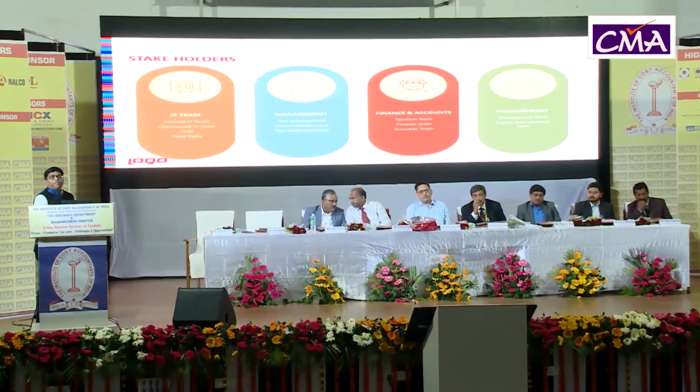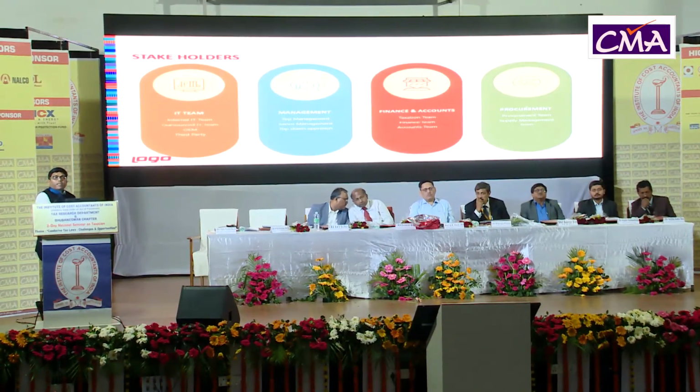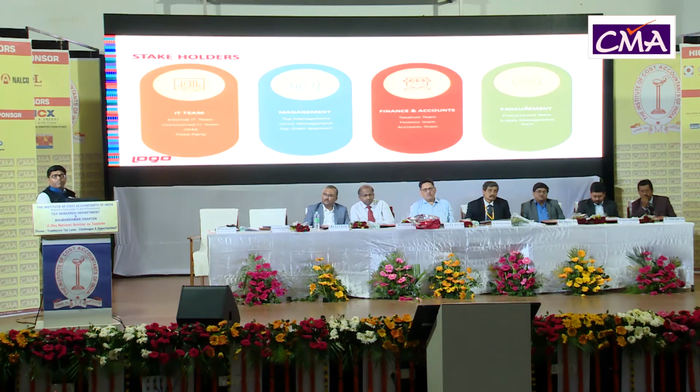Then, if we need to accommodate these changes, what is required? Budgets are required and management has to be apprised. What are the changes coming up? What will be the consequences if it is not GST compliant? And what software should the companies take if the OEMs are not providing them the solutions for